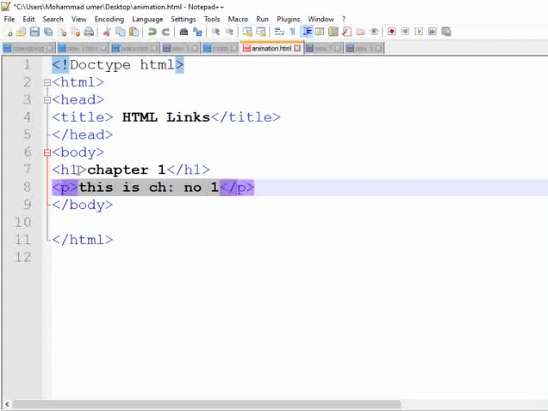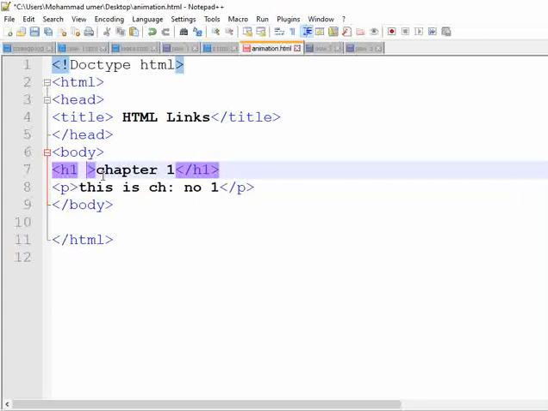Now what we have to use here is the ID attribute. How to use the ID attribute? Let's see this.